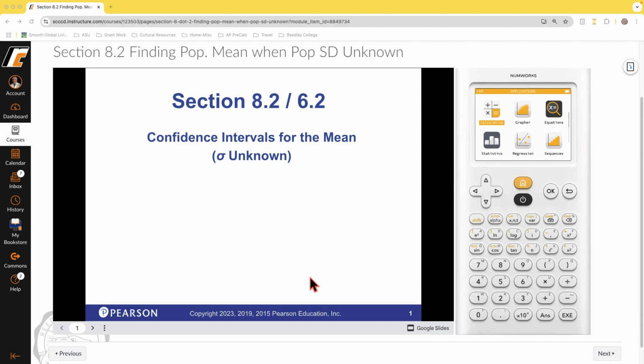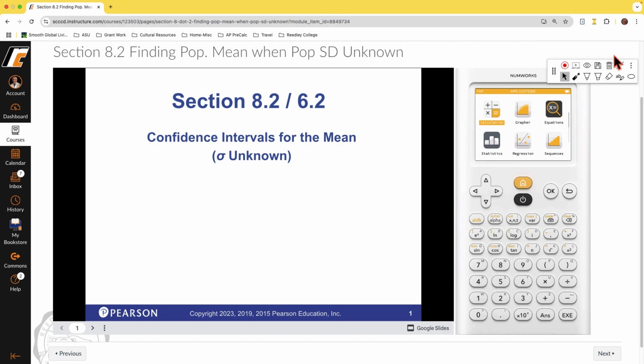At section 6.2 or 8.2, depending on which curriculum you're in, we are continuing on from what we discussed previously in the last section. So this will be the same concept. It will be looking for intervals where the mean, the population mean,